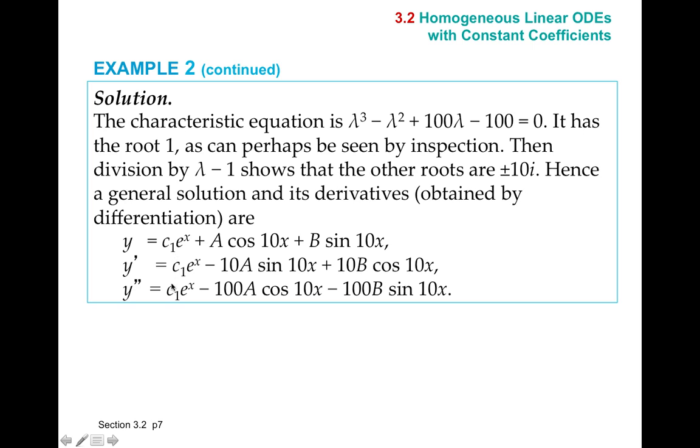simplifies to 1. If you take the first derivative of this, you get y prime. And of course, the first term is unchanged. The second term, cosine goes to sine goes to cosine, and then you take its derivative again, you get this second derivative term. So once again, y is our general solution. Y prime and y double prime are its first and second derivatives. The reason we're doing that is so that we can substitute our initial values and solve for a, b, and